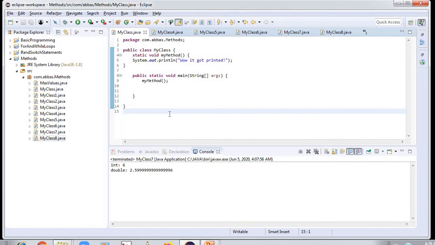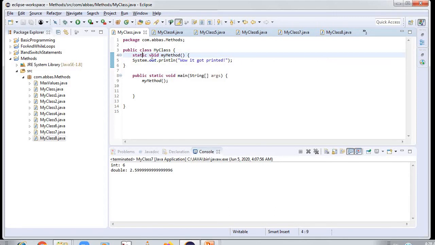Now how to create a method? A method must be declared within a class. It is defined with the name of the method followed by parentheses. Java provides some predefined methods such as system.out.println, but you can also create your own methods to perform certain actions. Now I will explain the example that I had typed over here.